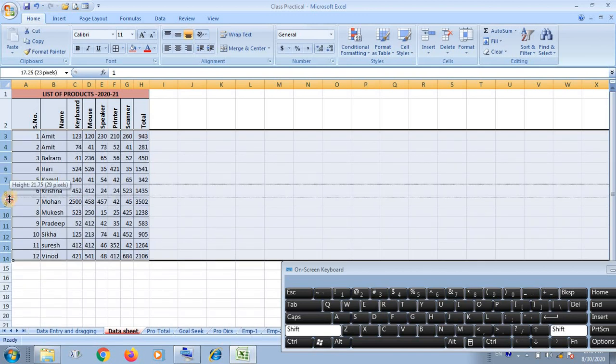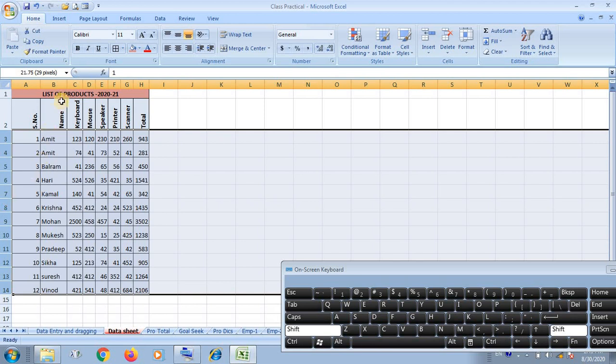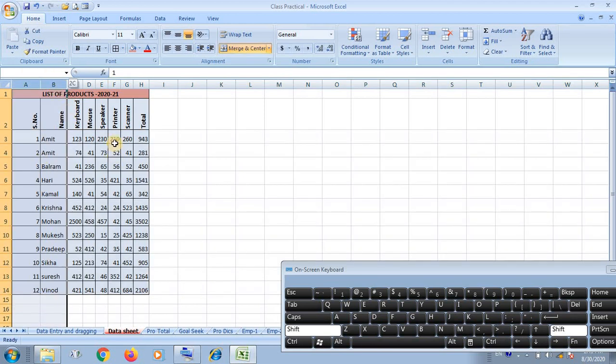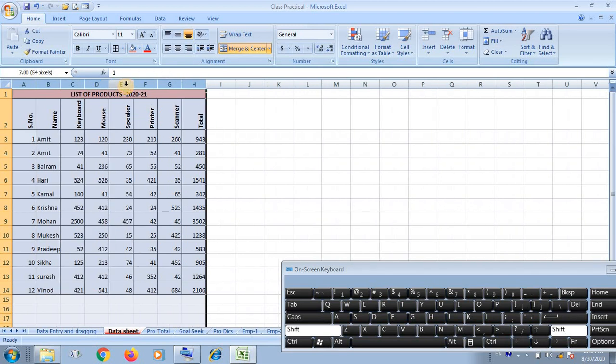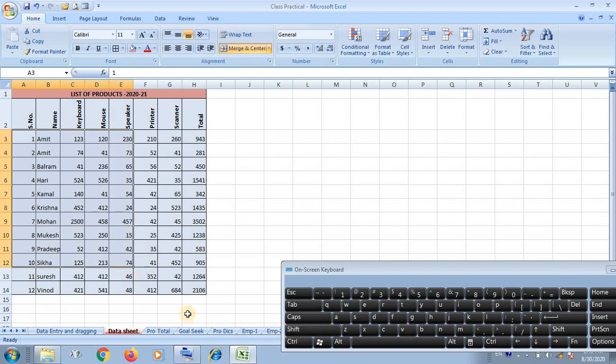The same height will be there for all the products, and in the same way if you want to increase all the columns to the same size, then you can increase in this way. You are looking here, this is the manner of the formatting. Clear? I hope it is clear to everyone how you can format and how you can edit the data in a spreadsheet program.